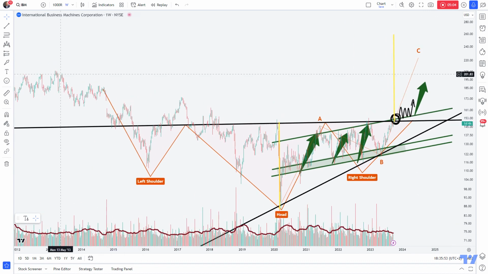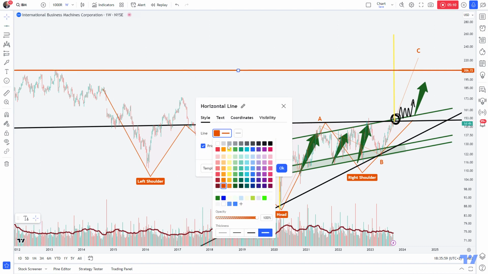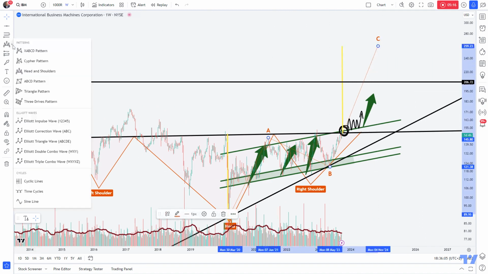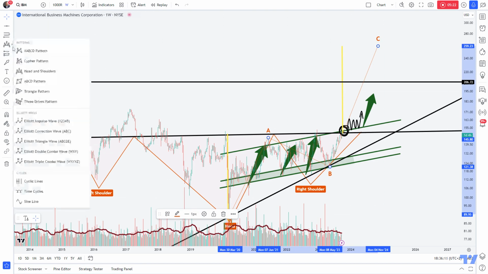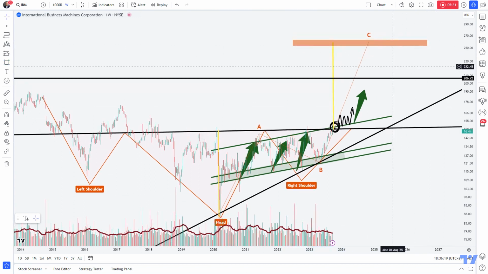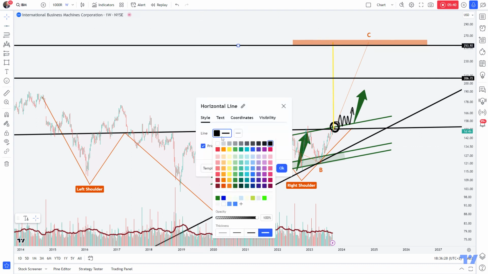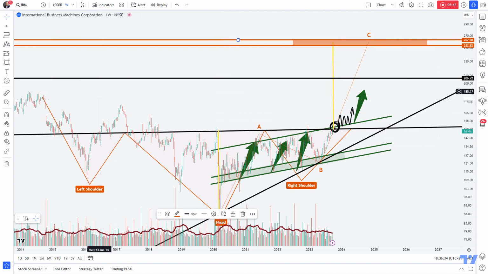This is going to activate a target zone above the previous all-time high area. And this means that once IBM has shown up with this major breakout, this is going to activate this major all-time high area target zone, that once it has been completed, once it has been validated, this target at 250 will be activated, and this actually will be an epic shift within the whole IBM price action structure, as IBM